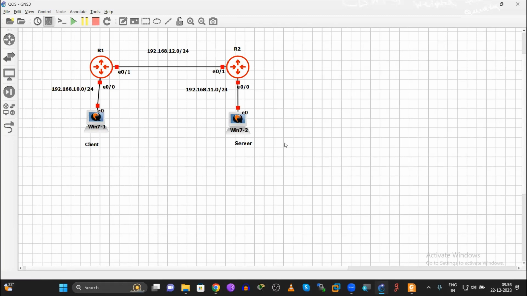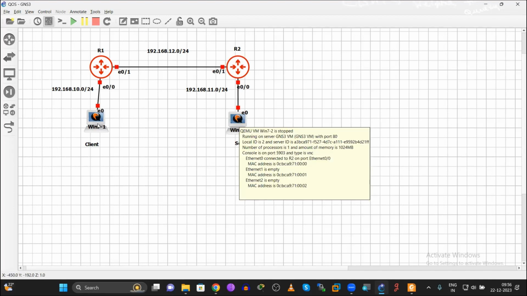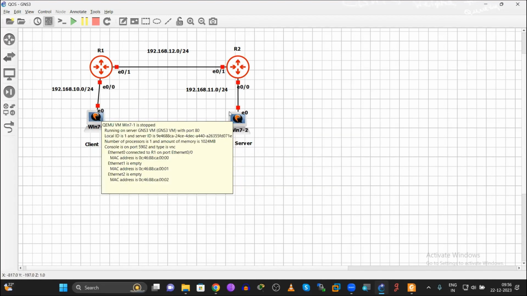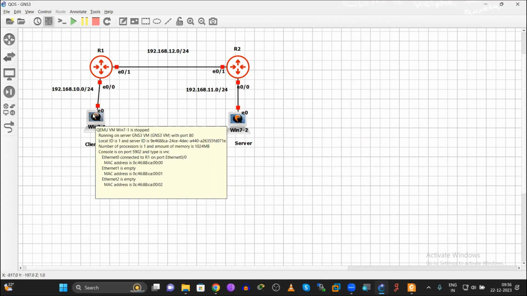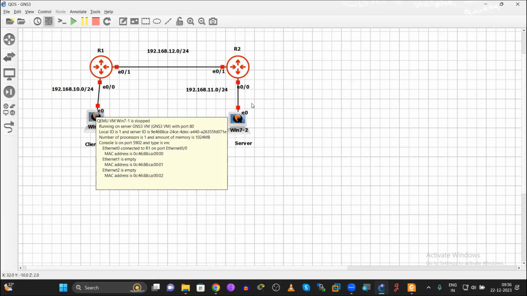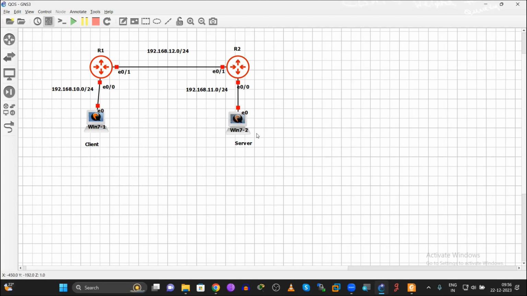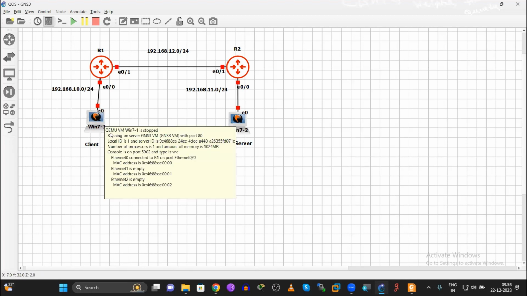In this lab, what we are going to do is shaping the policy. Shaping means here, first, let me analyze and check what speed I am going to get between these two devices, end to end. How much bandwidth they are going to get while sending and receiving the data from here to here. Total bandwidth I will check first. Then next step onwards, we are going to set up the policy. We are going to set up a shaping.